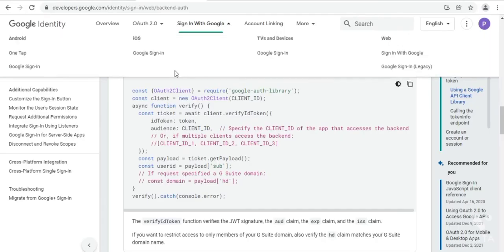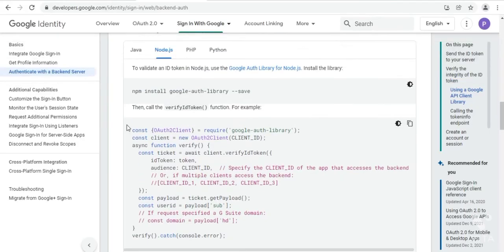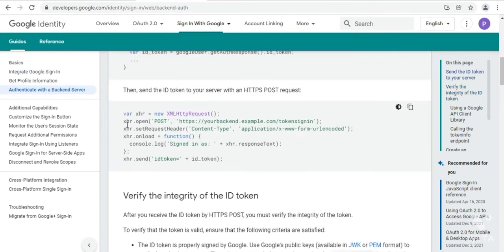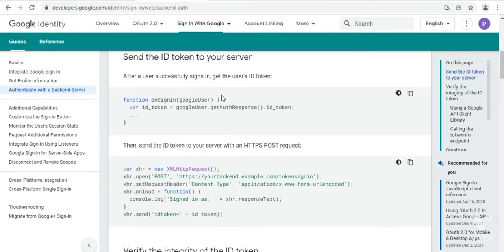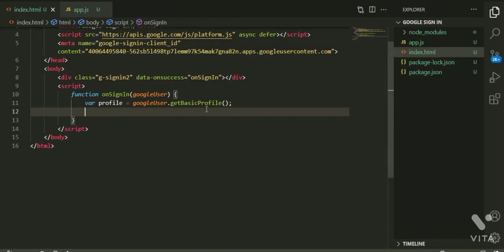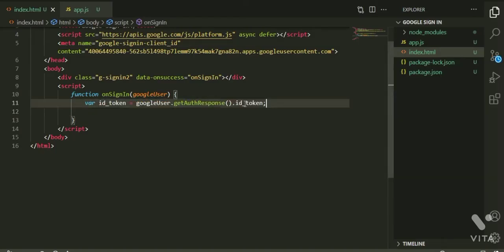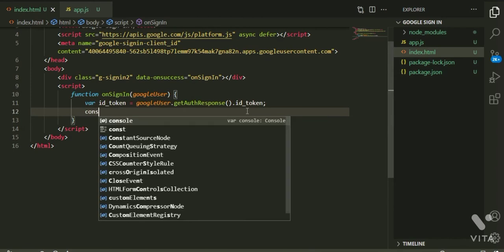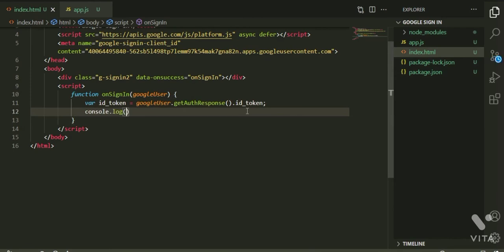Let us go here. Yes. We can get ID token like this by using this. Let me paste it in the code and let us see what it is. What is the ID token? Console.log ID token.